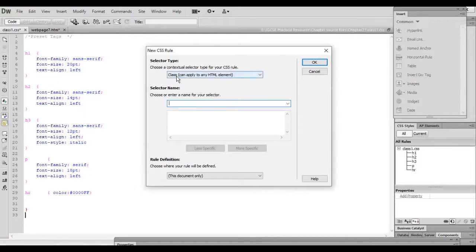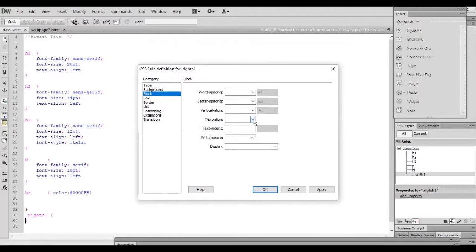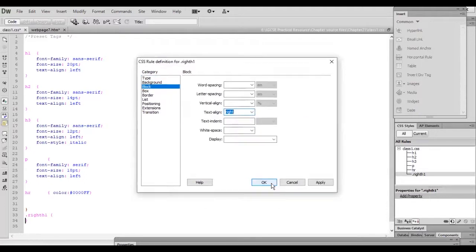My first option is class, select it and name it first. So my class is right align H1. I will give the same name H1, and the color is blue, and the alignment is set.